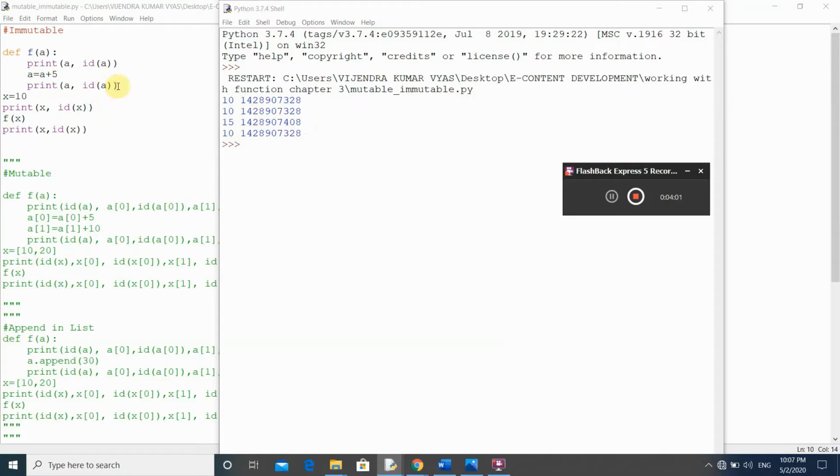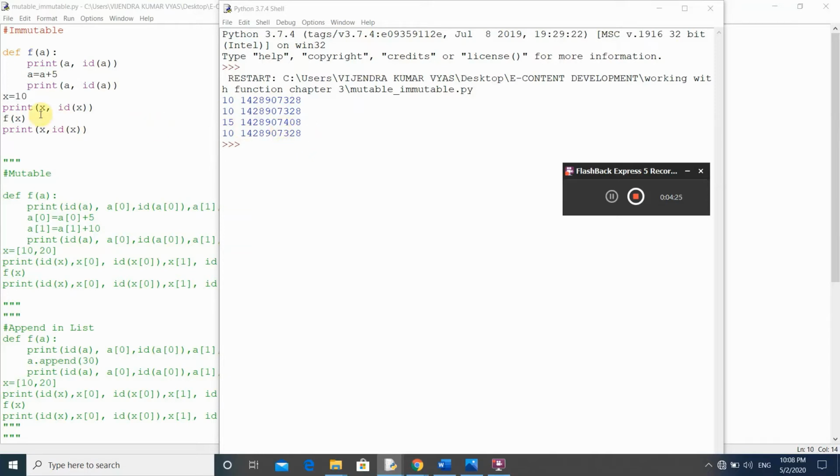After this last statement, the control transfers from this function's body to the main program here, and after that this print statement will be executed. Here the value of x is 10 and the address is 328.